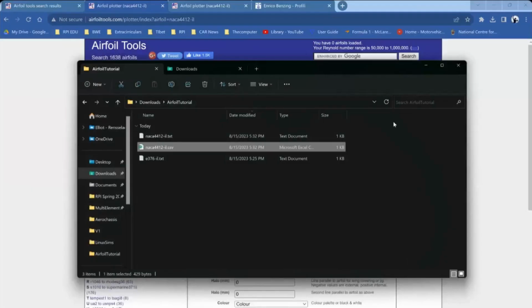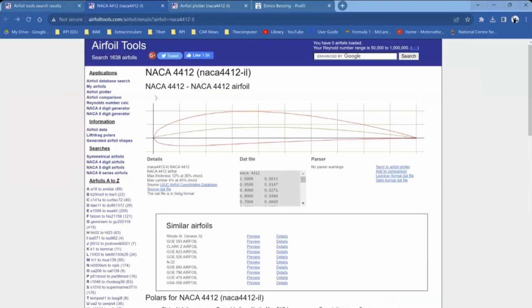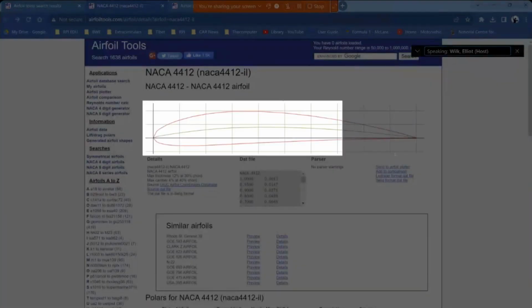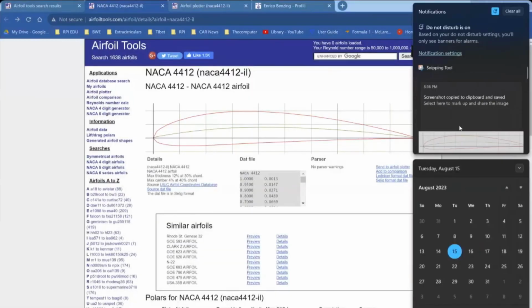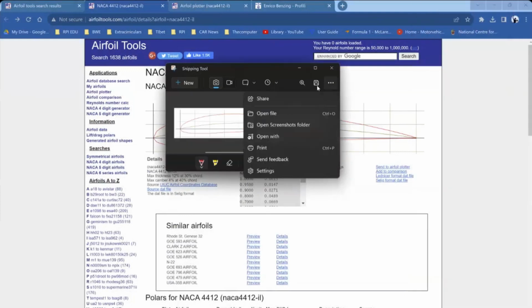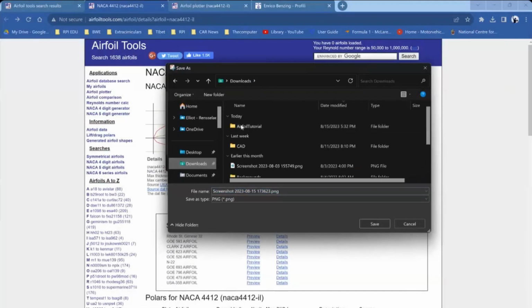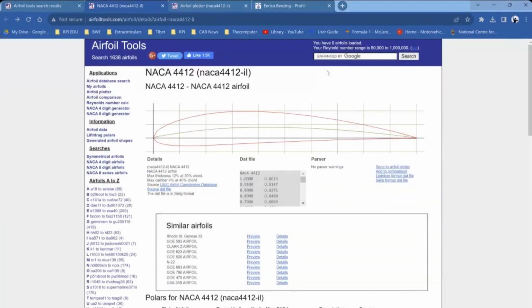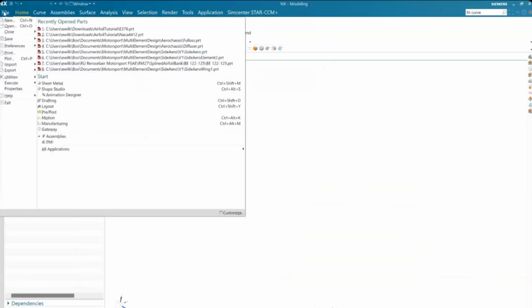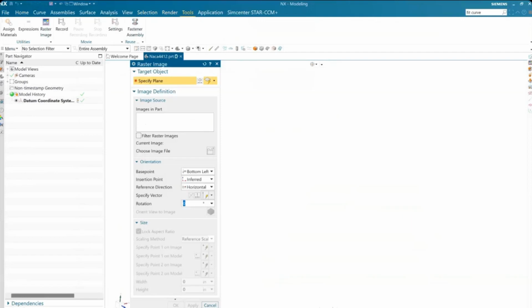We don't need that. What we do need is a screenshot of the NACA. There we go. And we're going to save that in the correct directory. Give it a name. Now what we're going to do is go to File. Actually, no, we're going to go to Tools, Raster Image. Actually, before that,